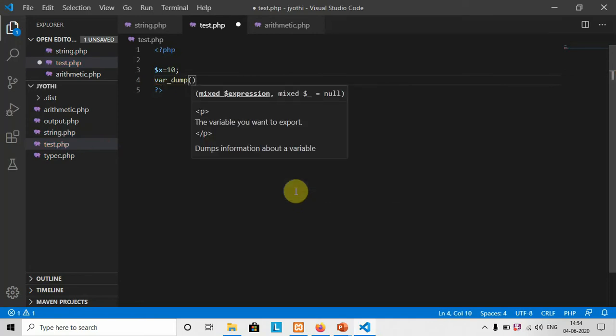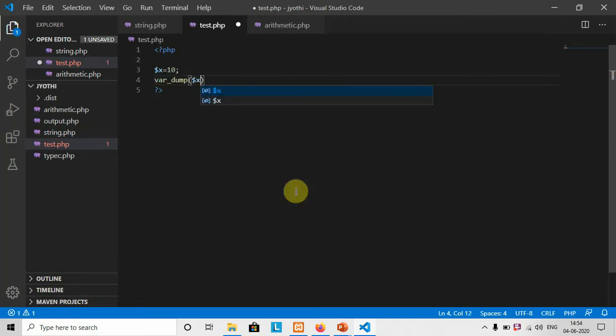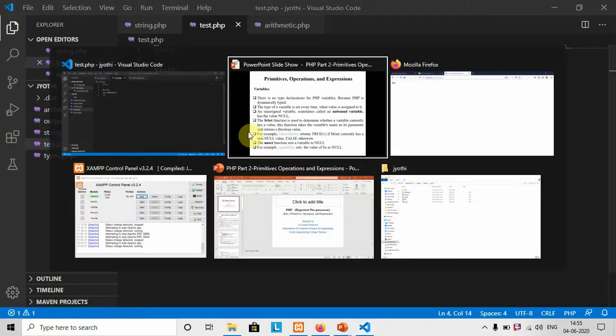The var_dump simply dumps the information about a variable. So I am going to execute this code, which includes a variable x and dumps its variable information. Let me see what is going to happen.